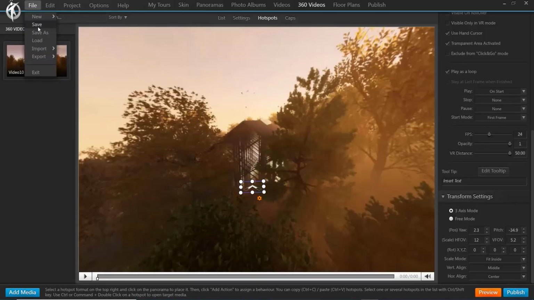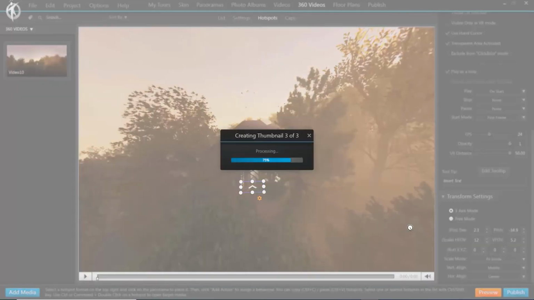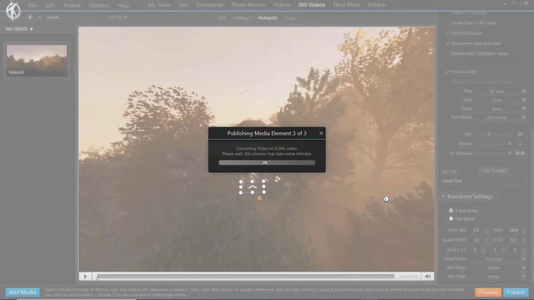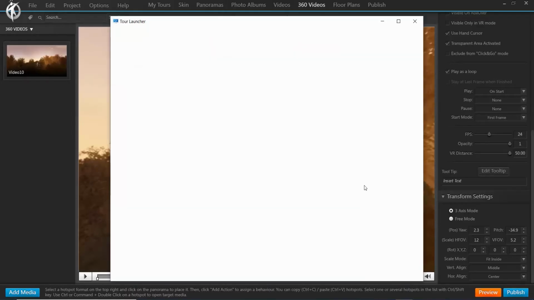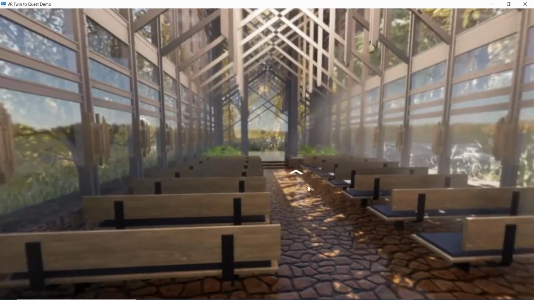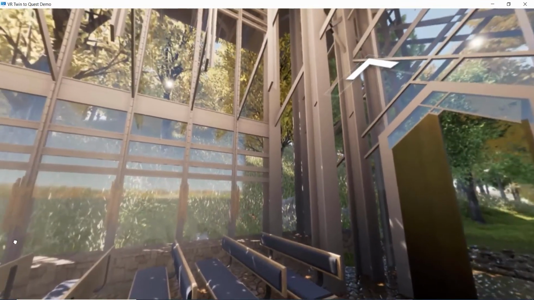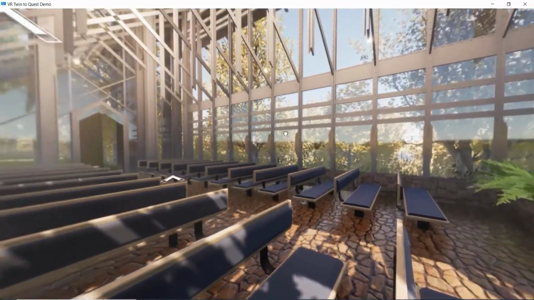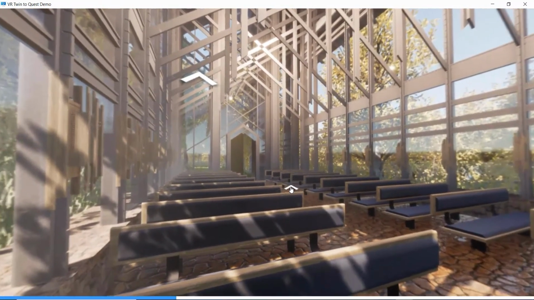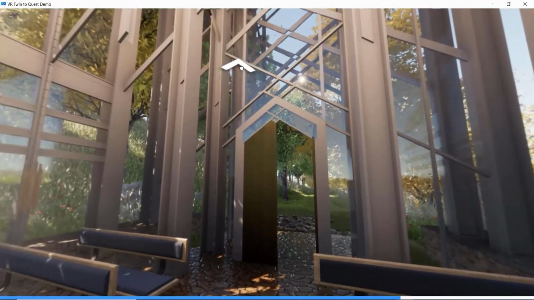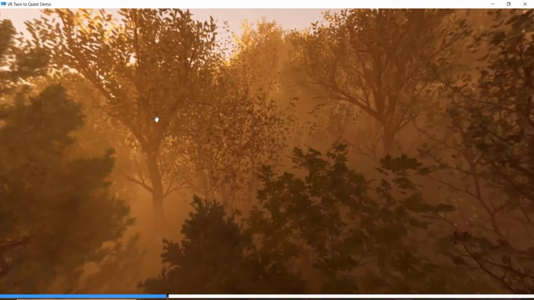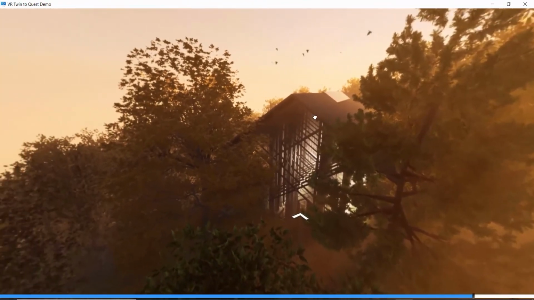Cool. So let's do a little file save. Let's run the preview. It's going to say this shouldn't take too long because everything is already in H.264. It's going to launch the tour. And now you can see sort of the standalone version of what I have. So panoramic 1, panoramic 2, and then I can go up to the video